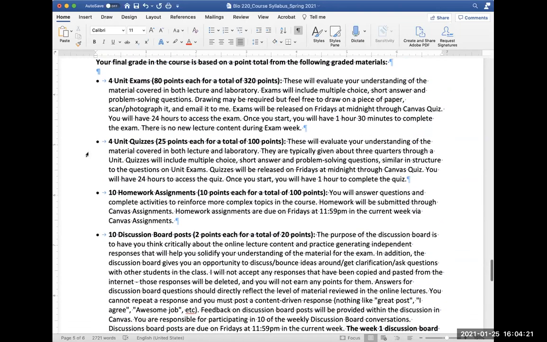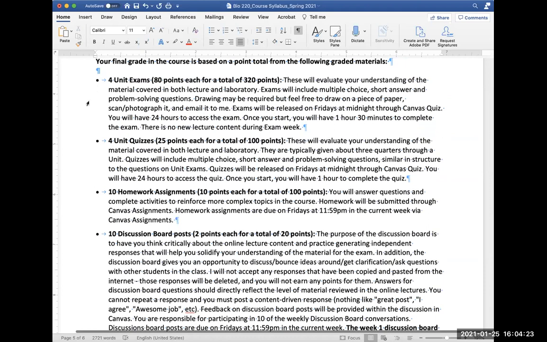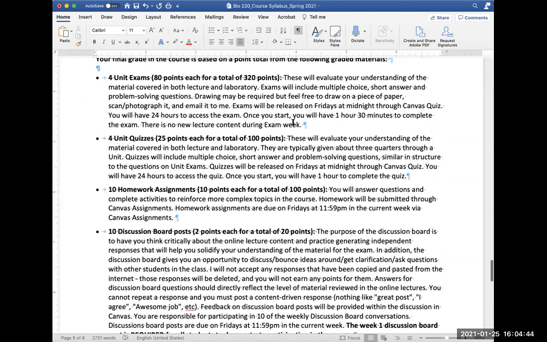So you have a total of 4 exams, and this is a combination of lecture and lab. So 4 unit exams. And these have questions that are a combination of multiple choice, short answer, true, false, sometimes drawing or problem solving. The way that your exams and quizzes are going to be released is they are released